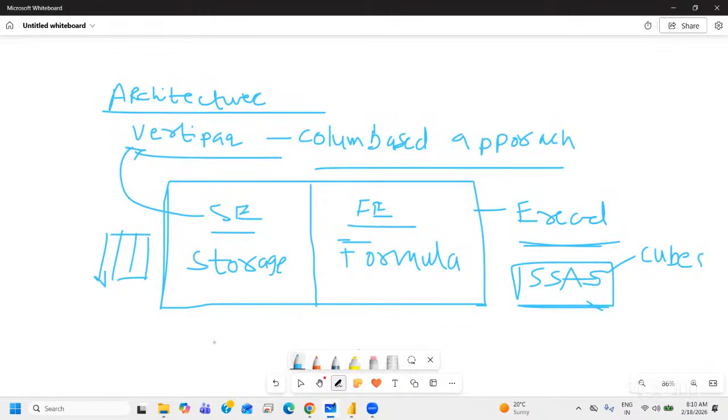So the storage engine is used for storing all the data, any kind of data which you connect to Power BI. The importance of storage is very key for Power BI, because Power BI has that functionality that it can occupy the data from different sources as if the data is inside Power BI, and you can do all the calculations